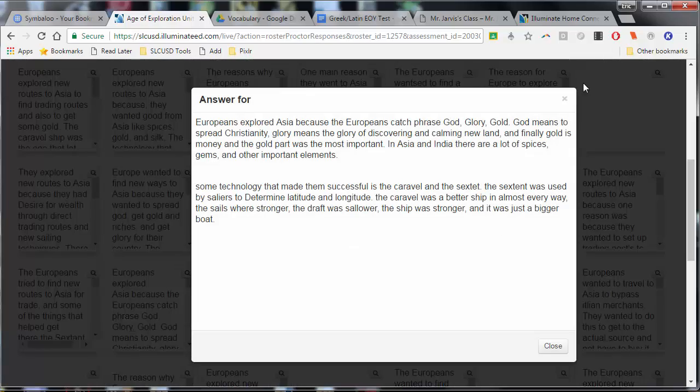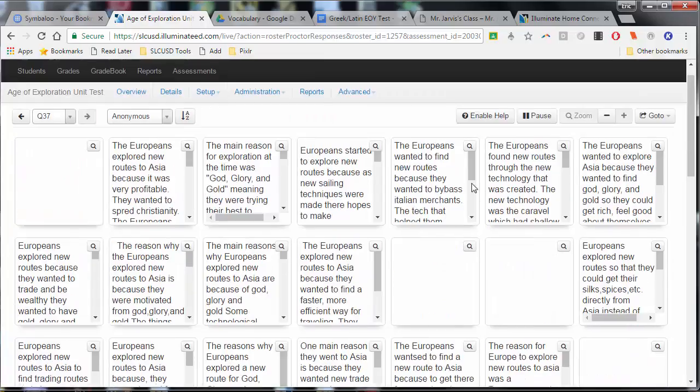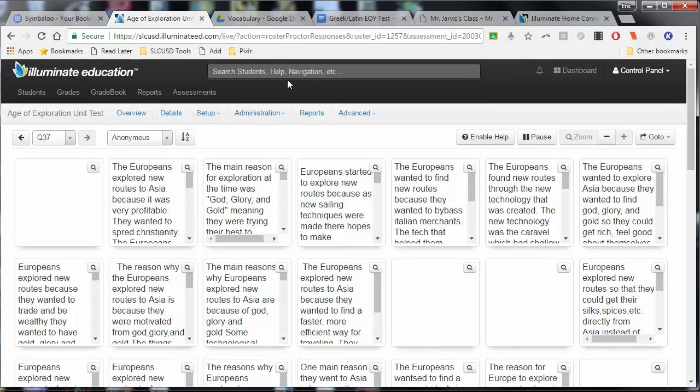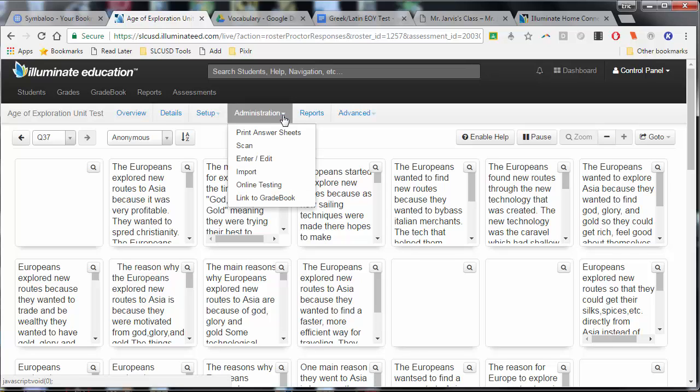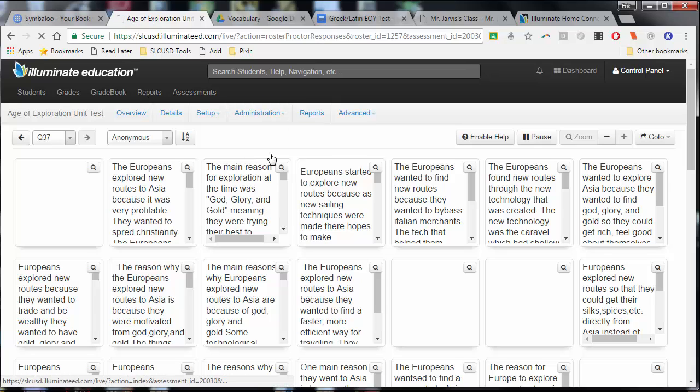Particularly good answers, etc. So now, obviously, this graded everything for me, except these constructed responses. So for the constructed responses, you go to Administration to score them. You go to Enter Edit,